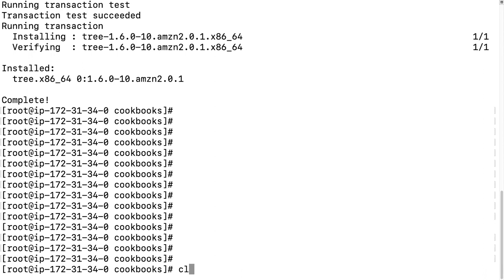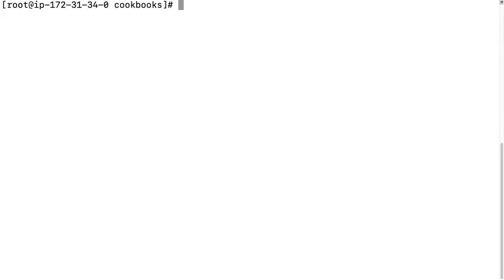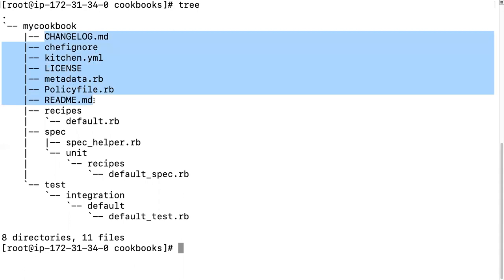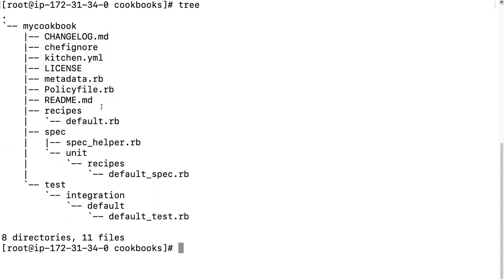Let's check with the tree command. Once I clear the screen, I'm going to write tree. Tree is a tool; you can see the things in tree format. So I created my cookbook here, and these are some default files and folders in the cookbook when we create cookbooks. This is the metadata of the cookbook, and this is the kitchen.yml file. Chef ignore is like a git ignore.